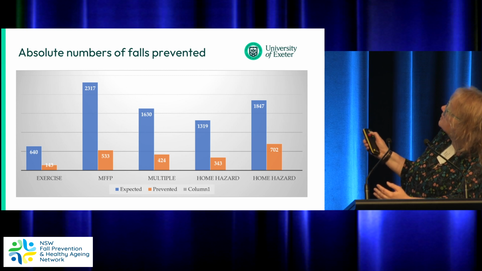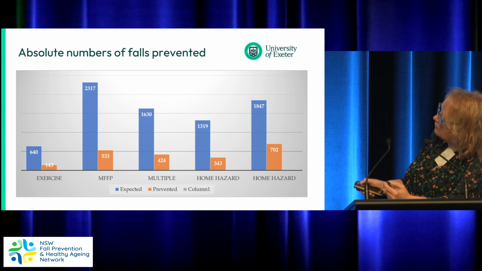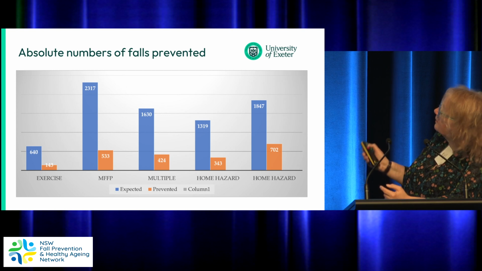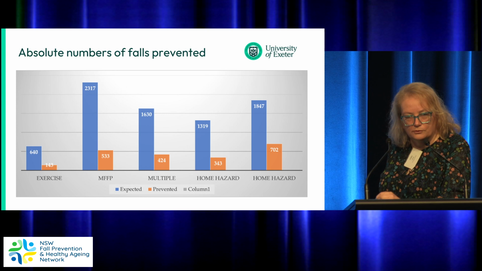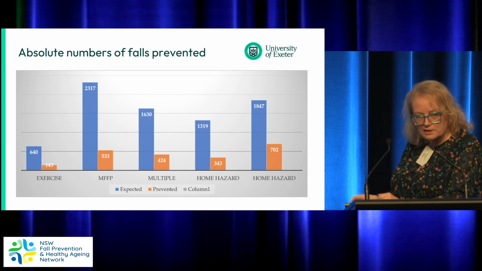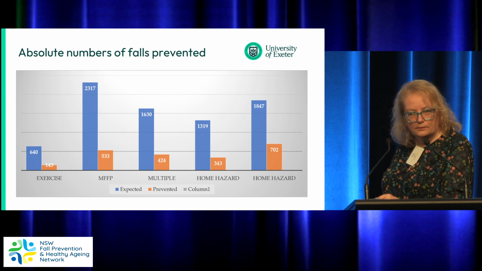This is the high-risk home hazard modification from the most recent Cochrane review. And indeed, if we were to look at Kathy Sherrington's recent review looking at higher risk exercise programs, we'd see a similar kind of rate as here. What you can see in the orange is actually the number of falls that we prevent. So the difference between the orange and the blue bars is the number of falls that